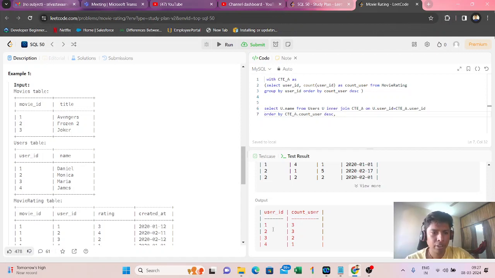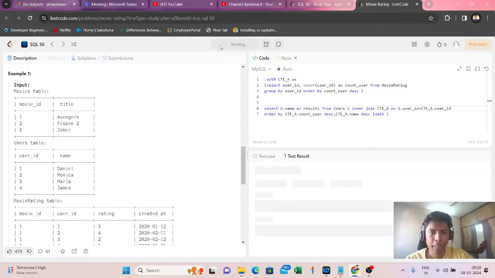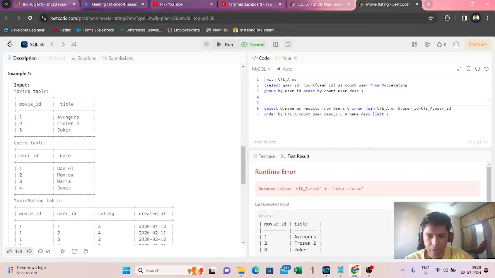So I will go with cte underscore a dot name descending. Okay, so cte underscore a dot name descending, and then limit one, and we can give select u dot name as results. Okay, so I will do a run statement here. Cte dot name,